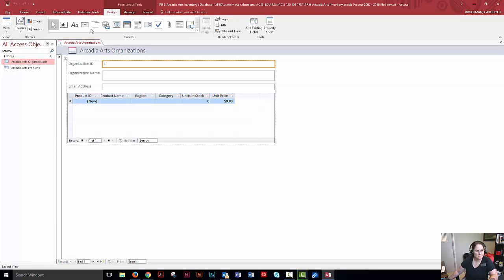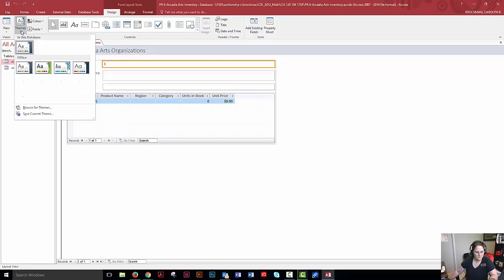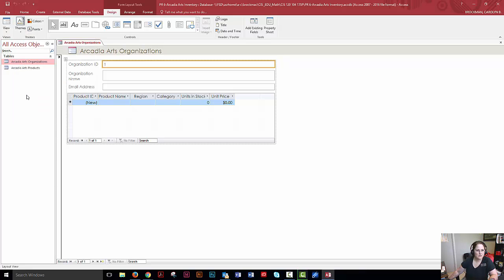Okay, and then click the Themes button and click Wisp. Okay, and let's find Wisp. There you go. That's the bottom one. And there you go. Now, the forms, you may not realize how special these forms are, but what a form is good for is, say for instance, you want somebody to,